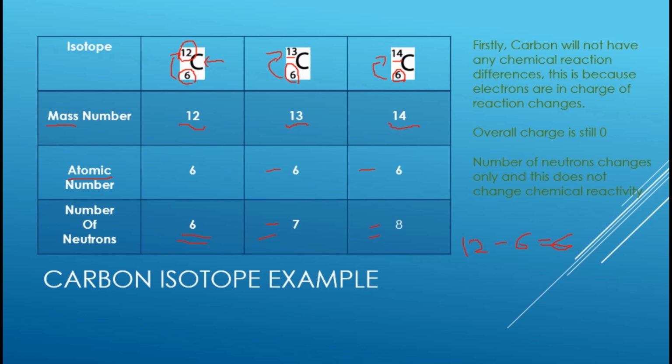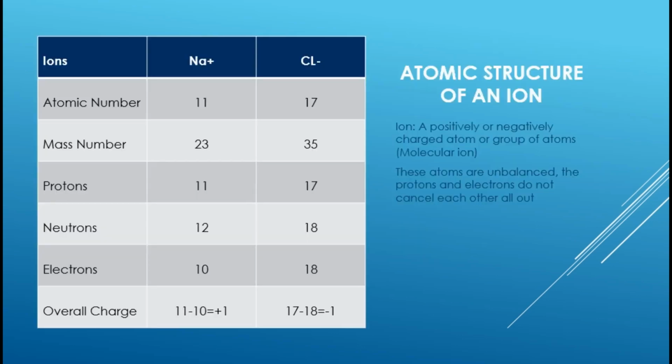Well, if we go over to the next slide, we see that we have something called ions. Neutrons can never leave the atom that they're in. However, you can transfer electrons. And when that happens, we have something called an ion. And ions are positively or negatively charged atoms or groups of atoms. The atoms are normally unbalanced, and this is due to the fact that, let's say,